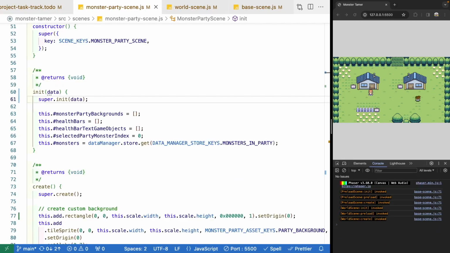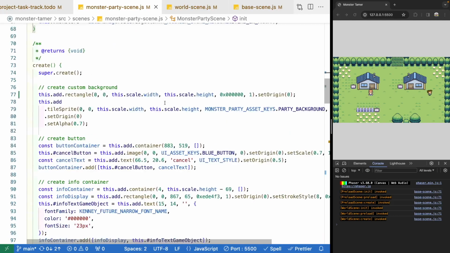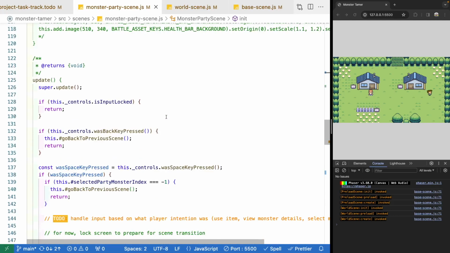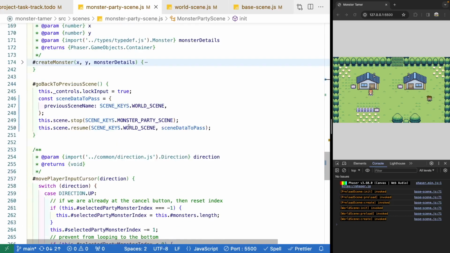With our logic in place for passing data between our scenes, what we need to do now is in our monster party scene, we actually need to handle that data. And so when we call our init method, we're receiving the data with our previous scene, but what we need to do is store a reference to that. So then that way down in our method for returning to our previous scene,